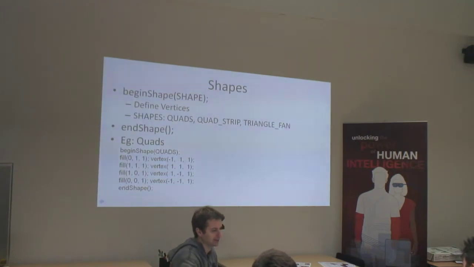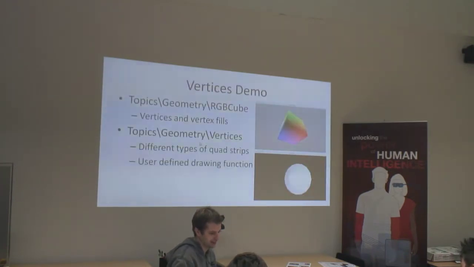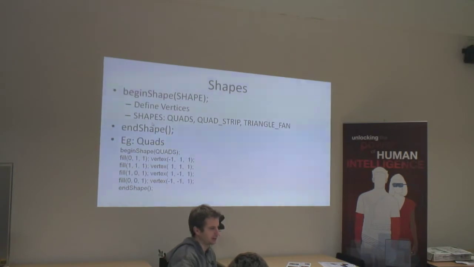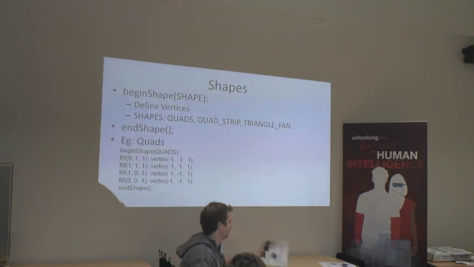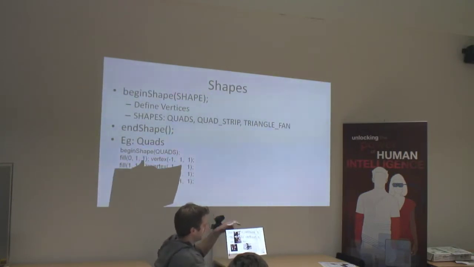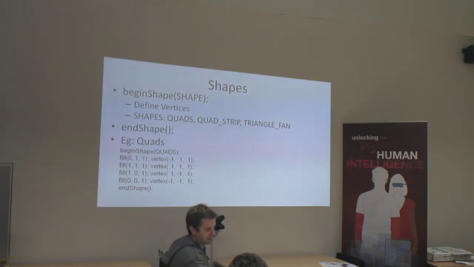To do that in processing, we use this begin shape idea. So you basically say begin shape, and you can specify a bunch of different shapes we'll look at in a moment. Shapes can be quads. Think of a piece of paper where you define the four corner points, and you make up an object by assembling heaps of those together. There's also a quad strip, a triangle fan, and so forth. We'll look at examples of those. And then at the end you put end shape, so begin shape, then you put some vertices, and then end shape. So say for example we want to do a quad,